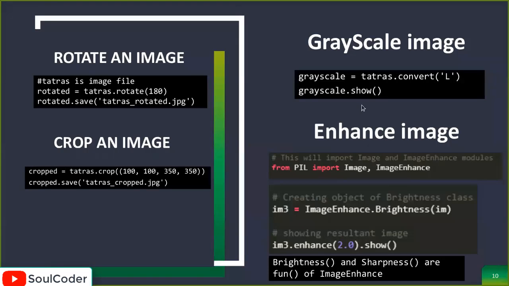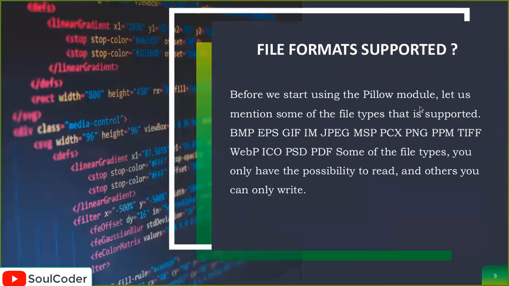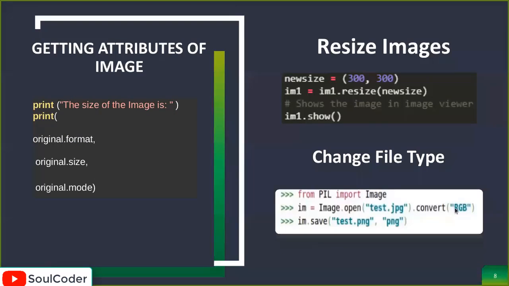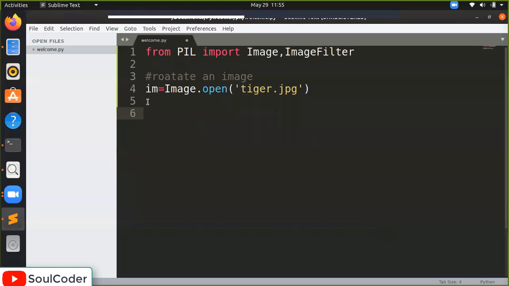Now it is a grayscale image. If you are noticing the first slide, I have written here, when opening the image, convert to RGB. Can you understand this convert to RGB? The convert function converts into a different type of color format. For example, I have written what are the color formats.